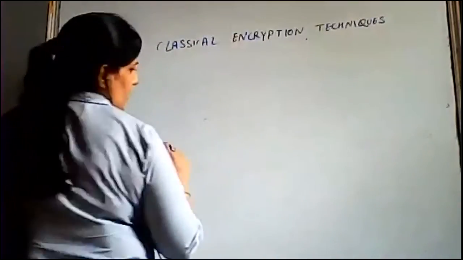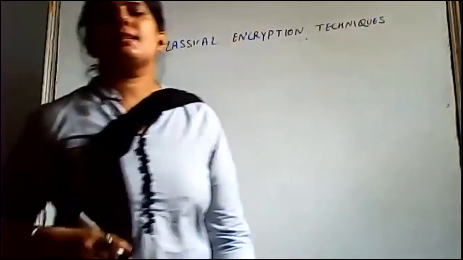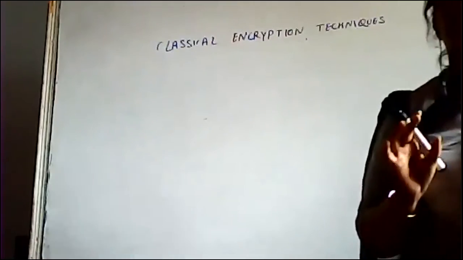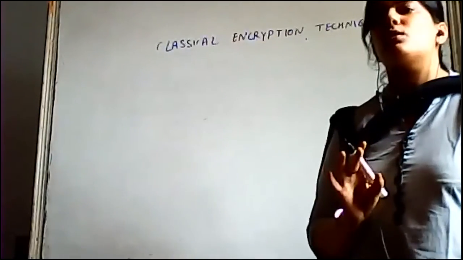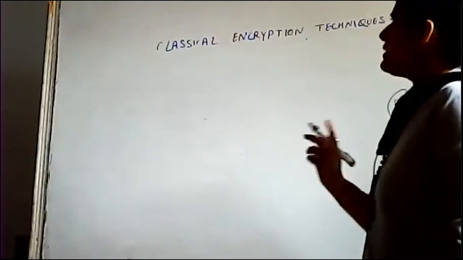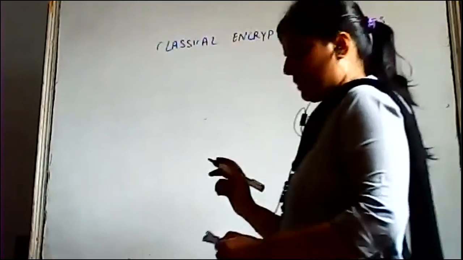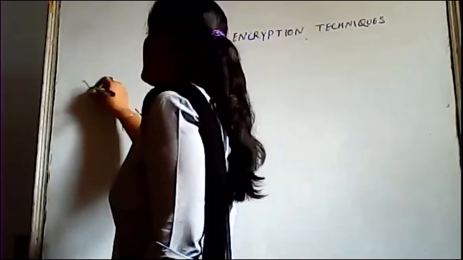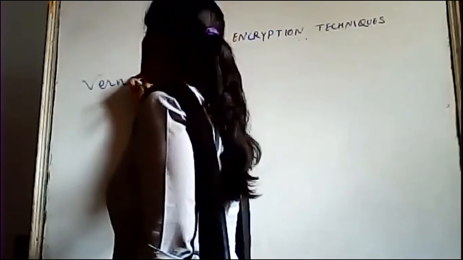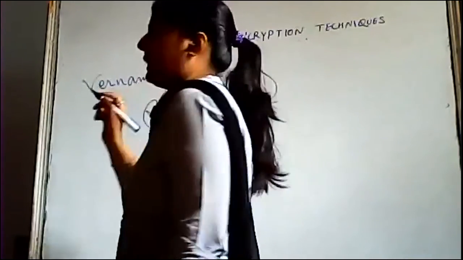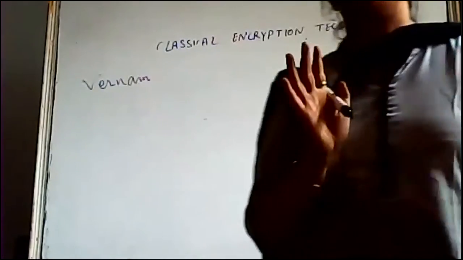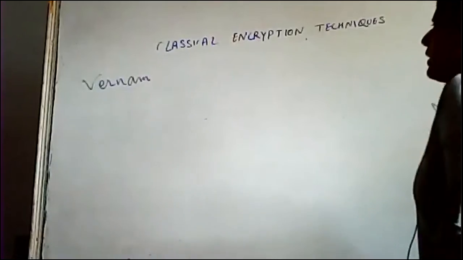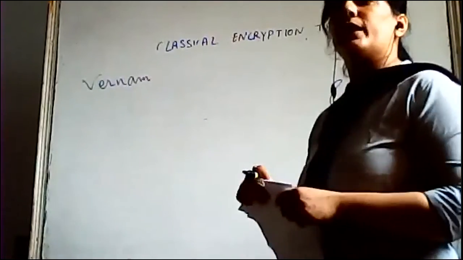Okay, next, till now we have done the Caesar cipher, monoalphabetic, polyalphabetic, and Playfair cipher. Okay, so all these techniques belong to your substitution methods. Now there is a next method that we are going to discuss over here. That is the Vernam technique. So if you remember, in the case of the polyalphabetic substitution cipher, I told you that we have two techniques for that. One is your Vernam and another one is your Vigenere.